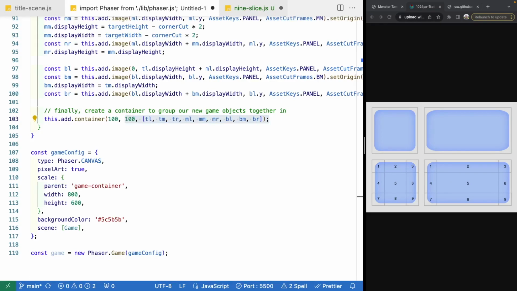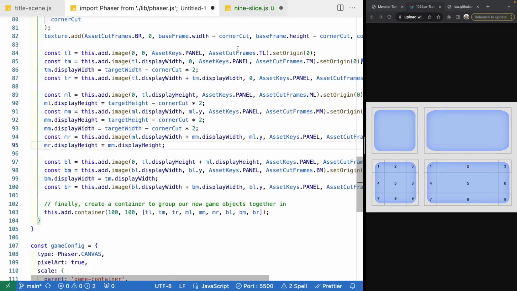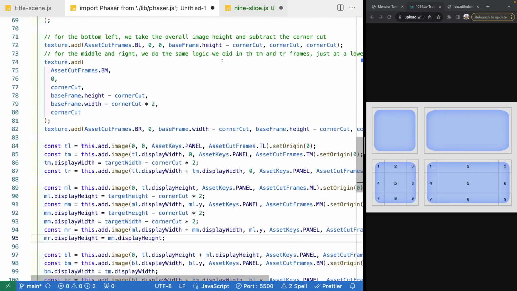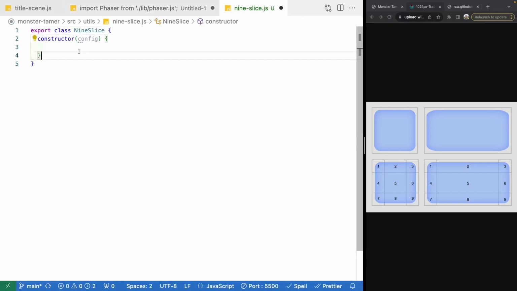All right, so now that we reviewed the code at a high level, we're going to want to break up our code into 2 parts. Our first part is going to be creating our textures like we talked about, and the second part will be where we create our game objects and our container. So in our 9slice class, let's add in 2 new methods. Our first method will be a private method, and we're just going to call this create 9slice